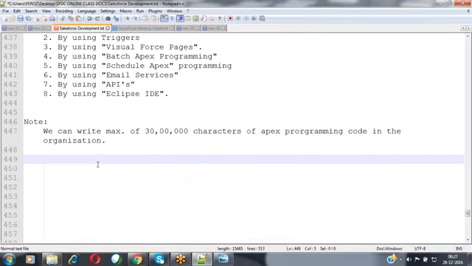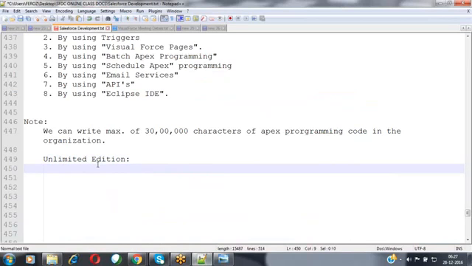Suppose it is an unlimited edition, then what can we do? If you reach that maximum of 30 lakhs characters of Apex code, then contact your Salesforce administrator. No need to contact the Salesforce people here.